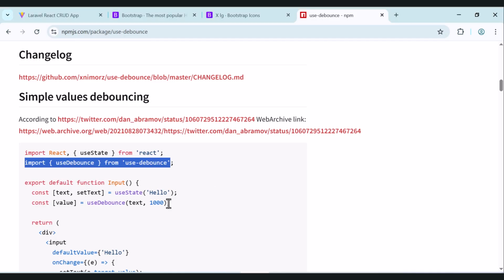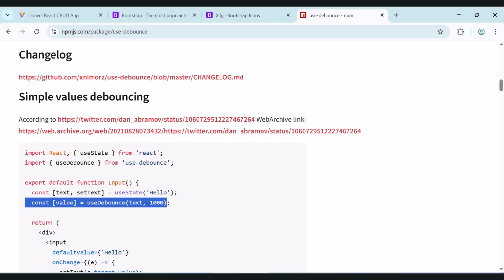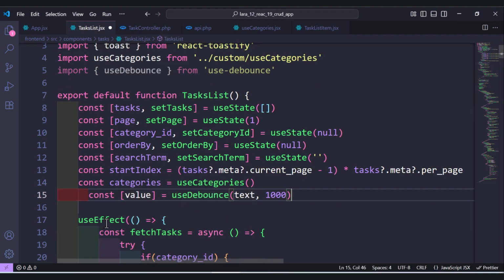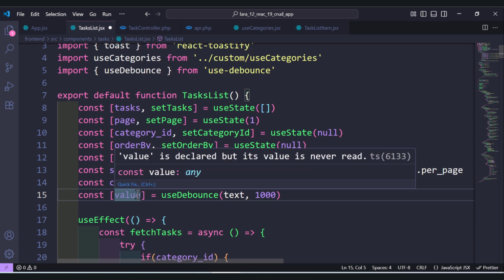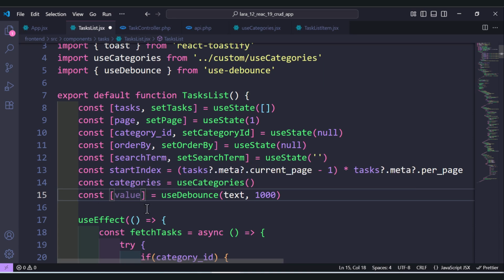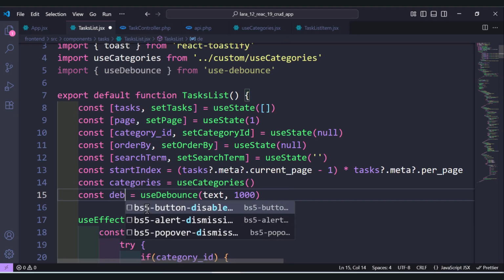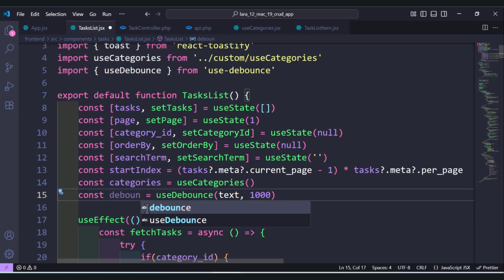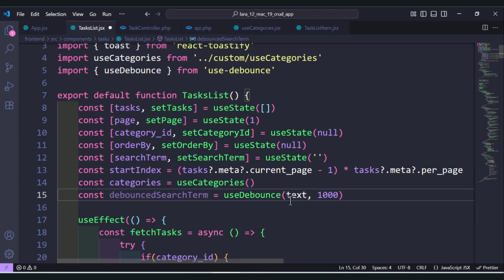And next we need to define the variable that we will use. Just follow me and you will understand what I am doing here. So let's use the debounced, let's call it debounced search term. Okay. And as I told you, we'll use the debounce and we give it the variable